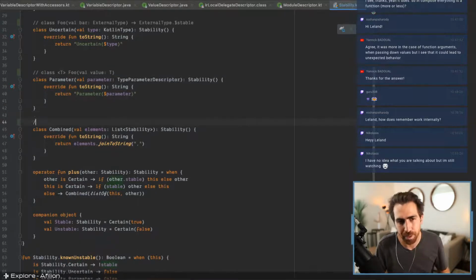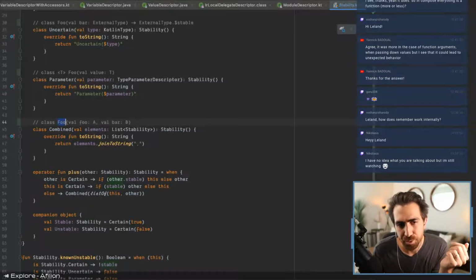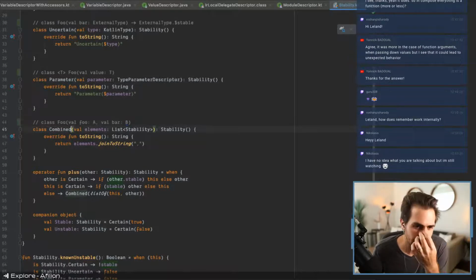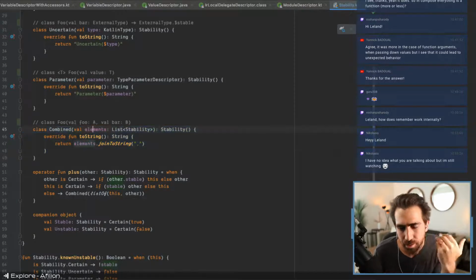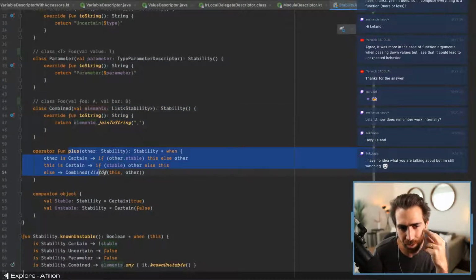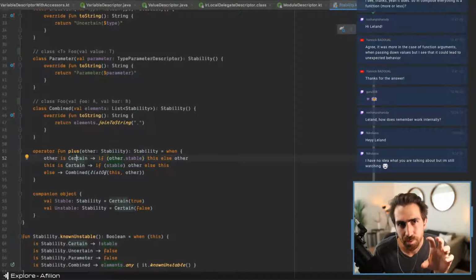And then we've got combined. In this case, we've got var b. So in this case, the stability of foo is the combined stability of A and B here. And so this is basically how we can create a chain to calculate the stability. And then I've defined this plus operator, which makes some